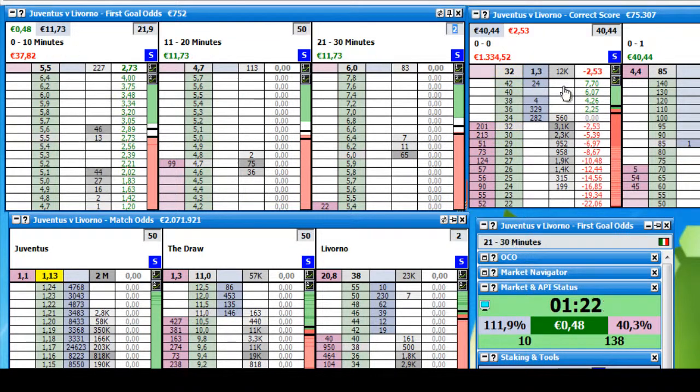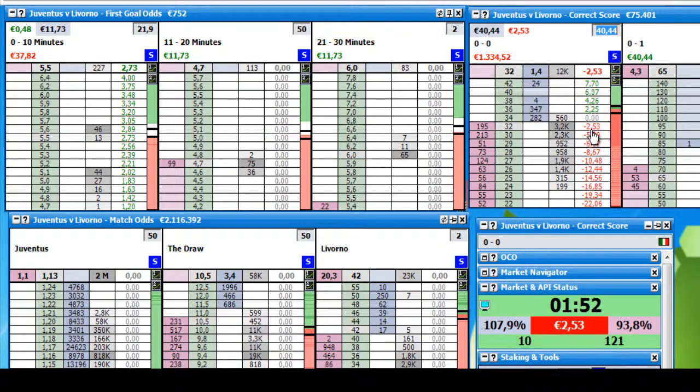Okay, you know from the first video, if I can close it at 27 at the latest, I will make a smaller profit. If it is higher than 27, it would be very good, because I can make 11.73 euros at this market, and I can lose here, if it goes up to 27, 10 euros.